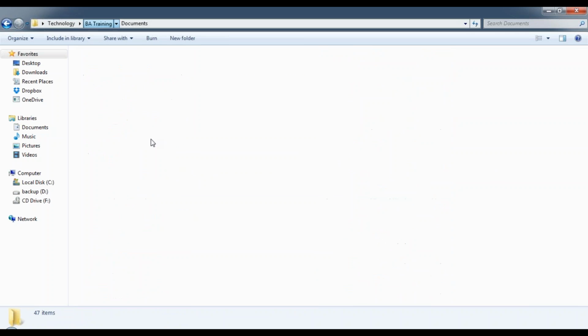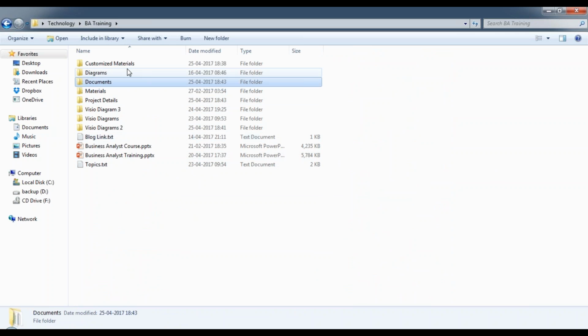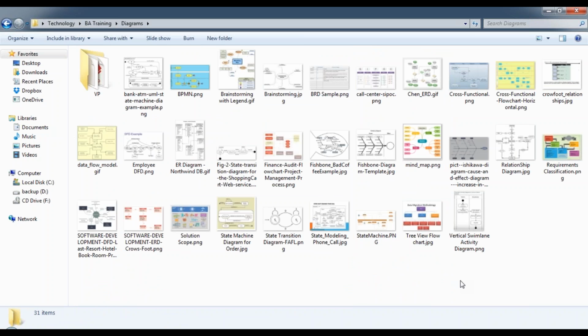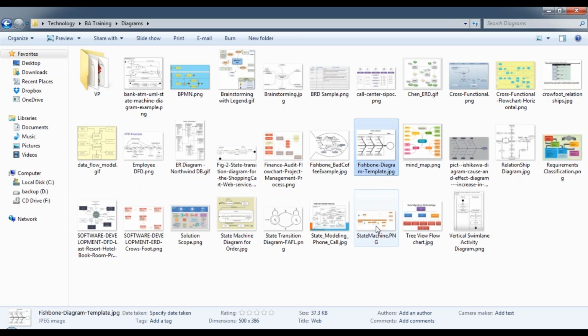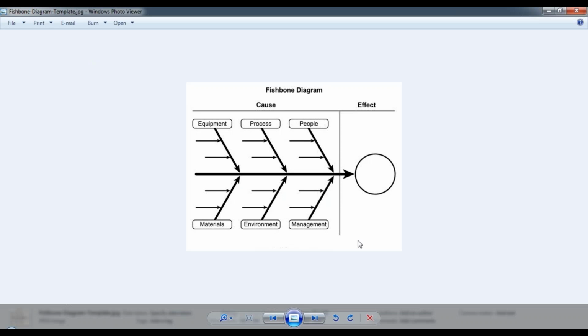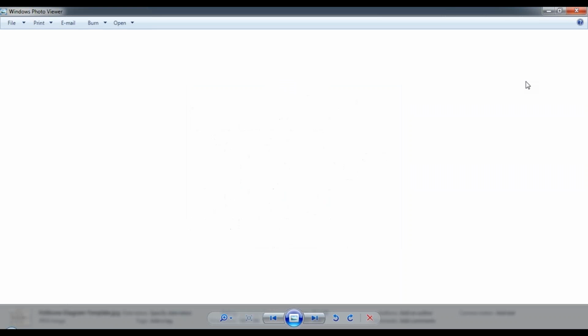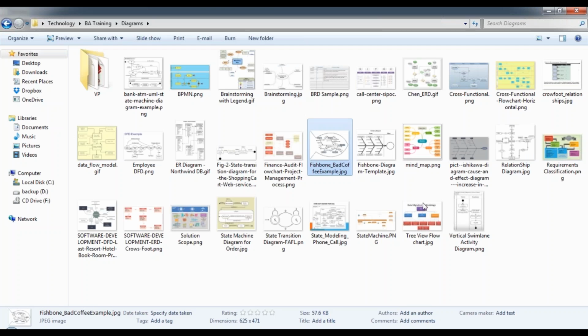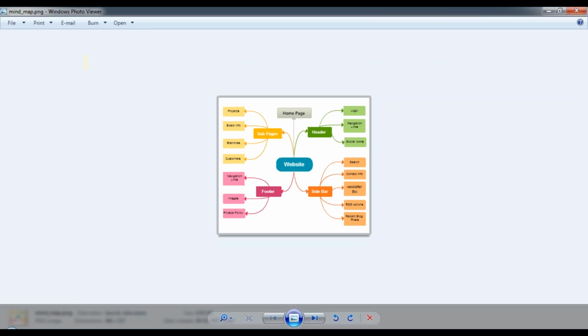Okay, while that is opening. So diagrams will also be shared. So these are all different types of diagrams. We will be covering each of these diagrams on Visio, but these are diagrammatic references for you. All of a sudden, if you want to look at different, what is fishbone analysis? So you can look at this diagram. It will give you an explanation for it, how it is generated. This is how it will look. And then what is a mind map, right?